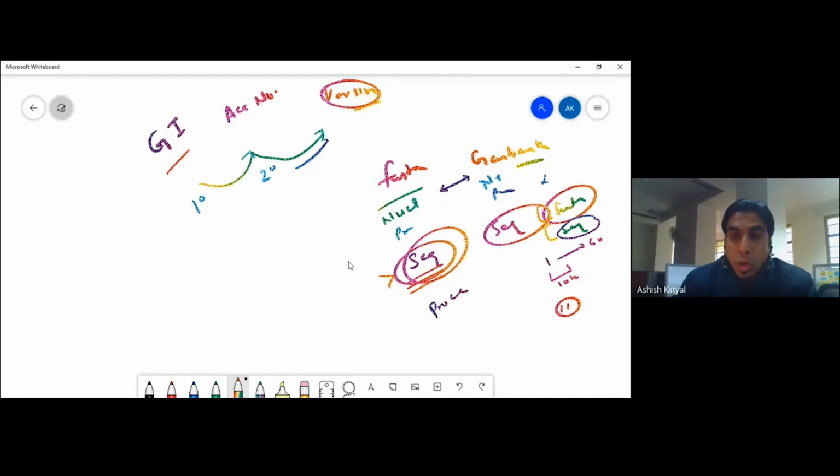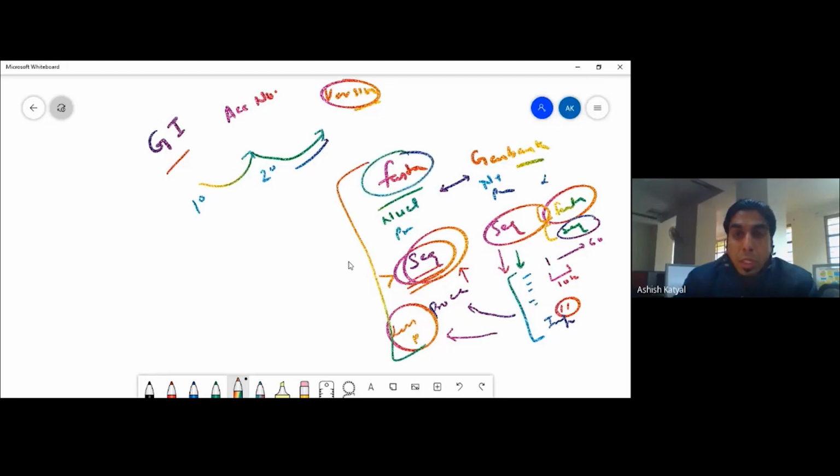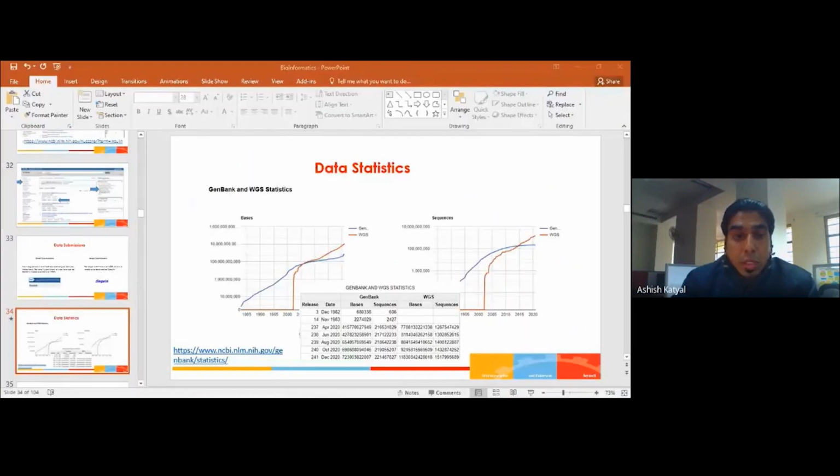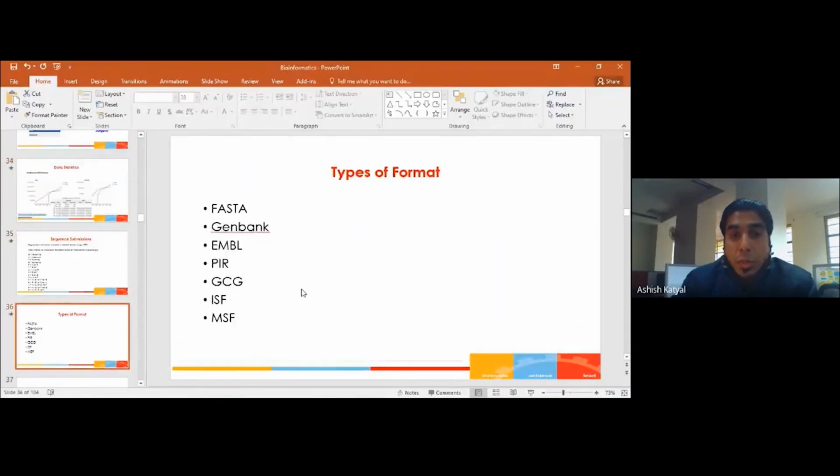FASTA is a very short format and takes very little space, and due to this its processing time is quite fast. GenBank format is quite large in terms of information. It consists of lots of information, but it takes lots of time for processing and lots of space, and due to this it is less used as compared to FASTA format. Whatever tool we are using or will use in bioinformatics, we will majorly use FASTA format. Other than FASTA and GenBank, there are various other formats available